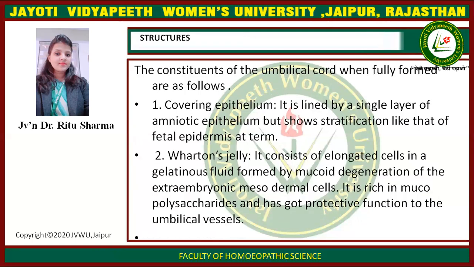Structures. The constituents of the umbilical cord, when fully formed, are as follows. First, covering epithelium. It is lined by a single layer of amniotic epithelium but shows stratification like that of fetal epidermis at term. Second is